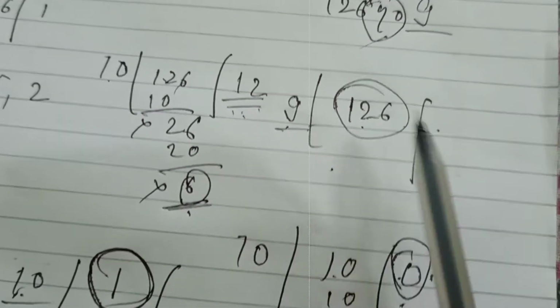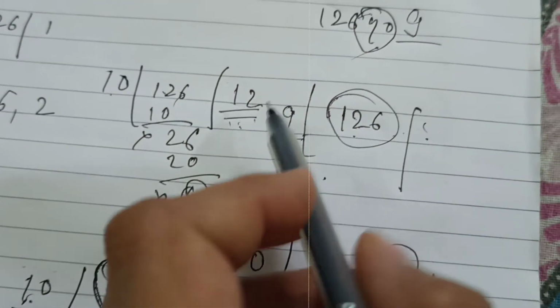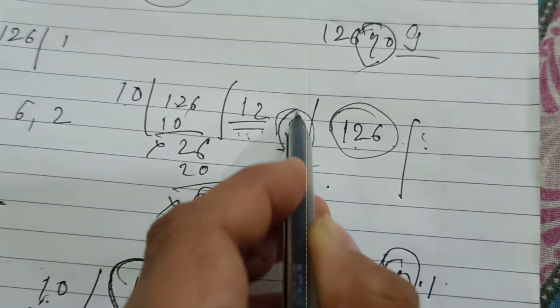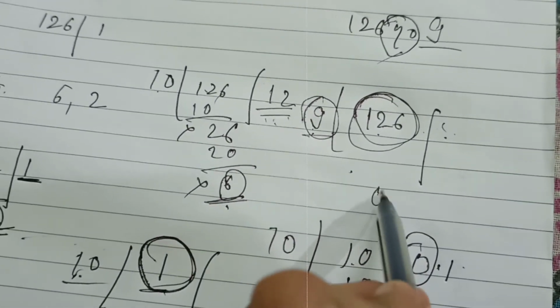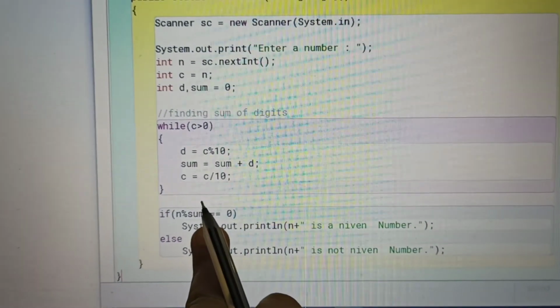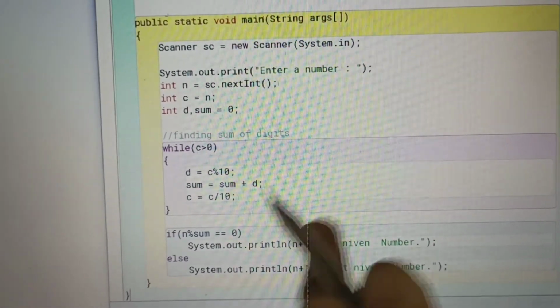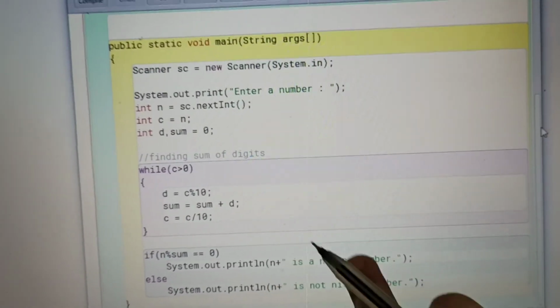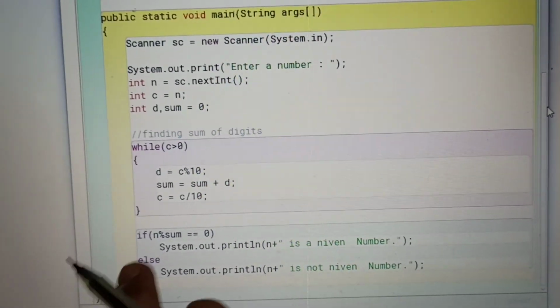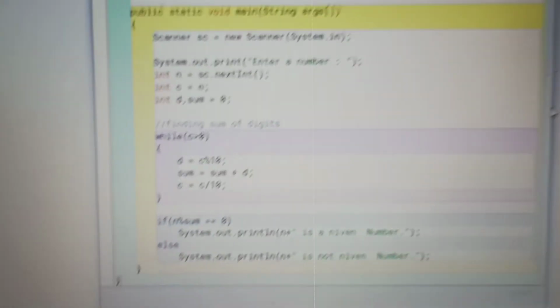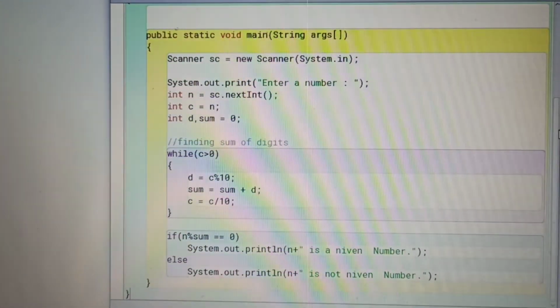So the condition is satisfied, and it shows that 126 is a Nevin number. If it is not, it will show that it is not a Nevin number.